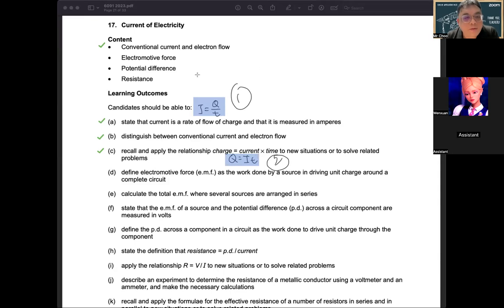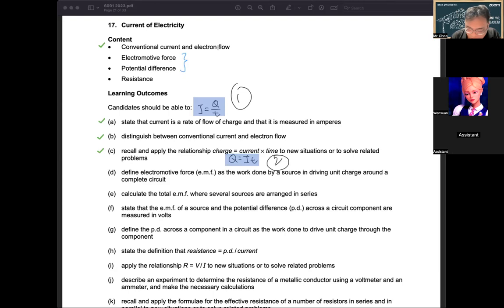Okay, so we have talked about the current. Next thing we're going to talk about will be EMF and potential difference. For a start, I do not want you all to remember these two things. For a start, in primary school,